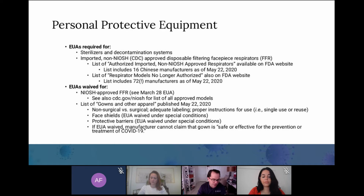The agency or the office within CDC called NIOSH. FDA is not requiring its own authorization if these devices, if these masks, have these NIOSH approvals already. But there are many of these types of masks that have been removed from the process. They're typically foreign made, typically Chinese manufactured, and